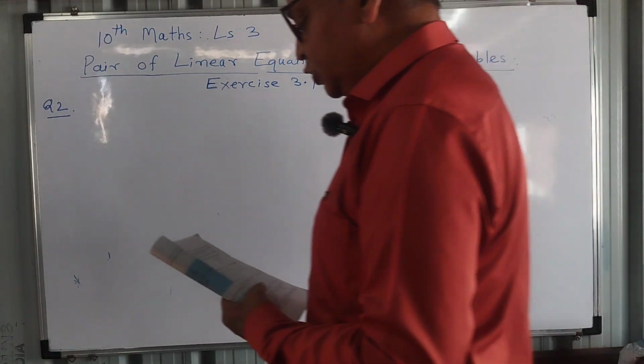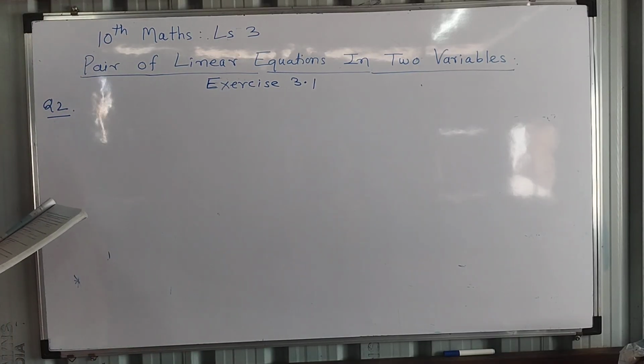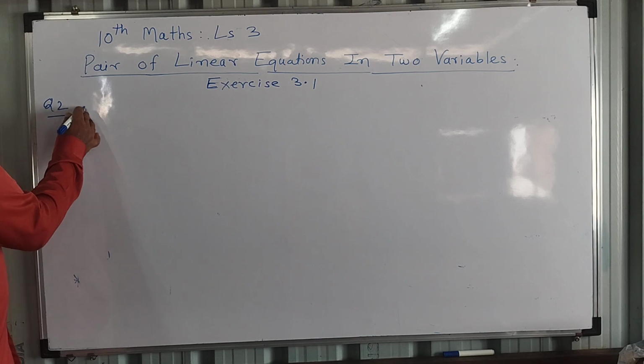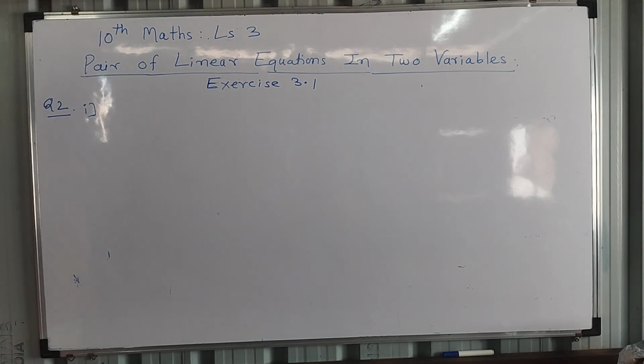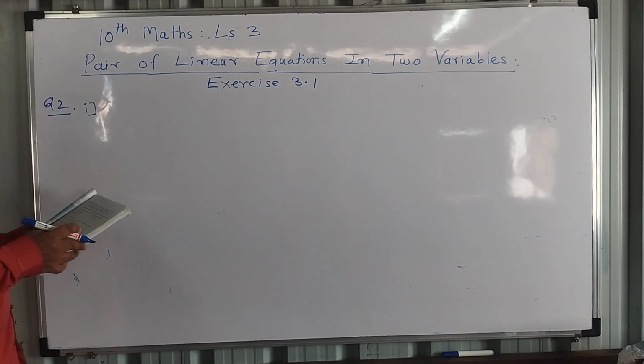On comparing the ratios a1 upon a2, b1 upon b2 and c1 upon c2, find out whether the lines representing the following pairs of linear equations, here line means graph, intersect at a point, are parallel or coincident. So only the nature of graphs is asked. Unique solution, infinite solution, consistent or inconsistent, that is not asked. Only the nature of graphs is asked. First is